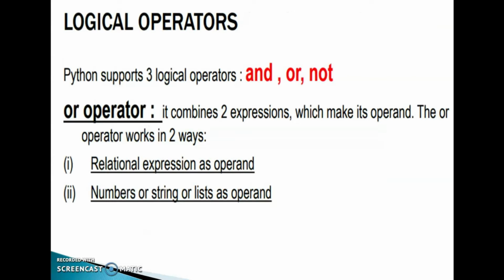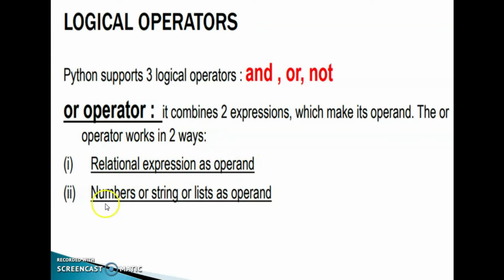Logical operators. Python supports 3 logical operators: and, or, not. We already discussed this. The OR operator combines 2 expressions which make its operands. The OR operator works in 2 different ways. First one, relational expression as operands.